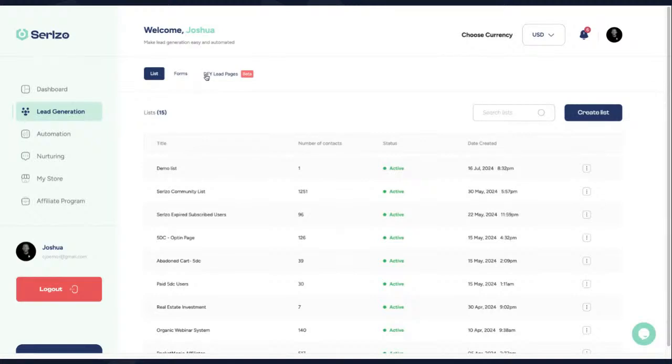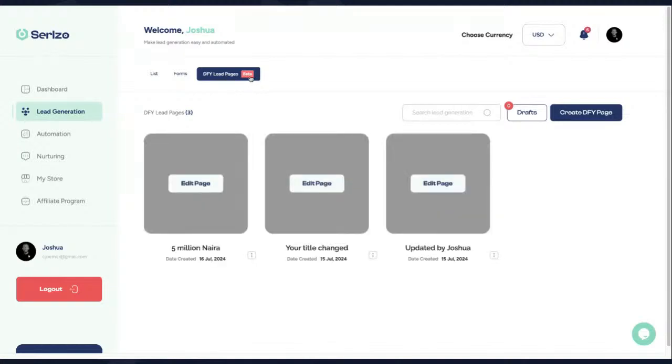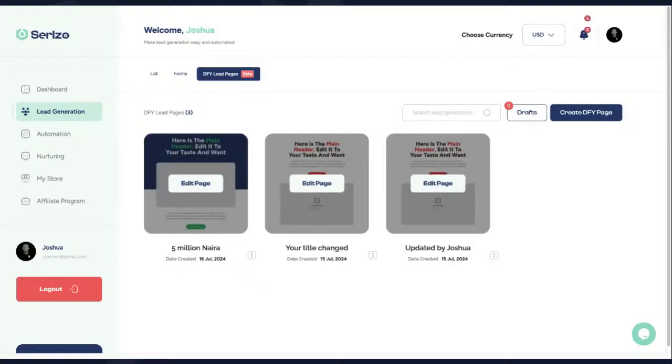So this feature right here, called the DFI lead page, I'm going to click on it. You're currently seeing the beta icon there because this is the first time people are going to use it publicly, so we're going to monitor how people use it. Okay. Now, when you click on the DFI page, this is ideally what we did here. We picked out